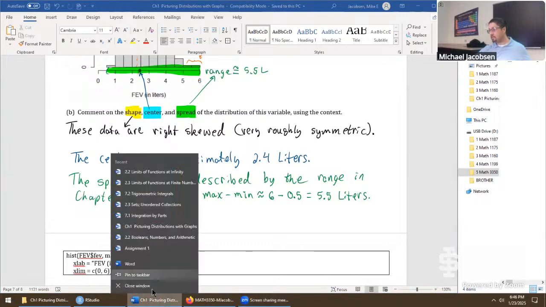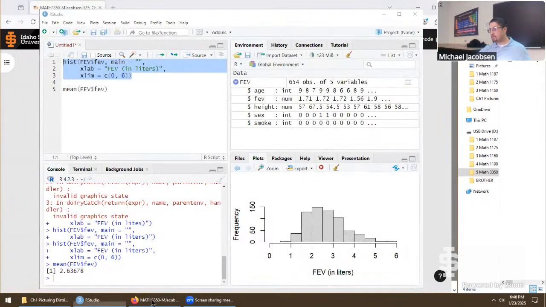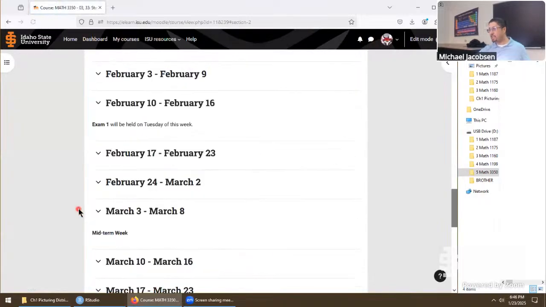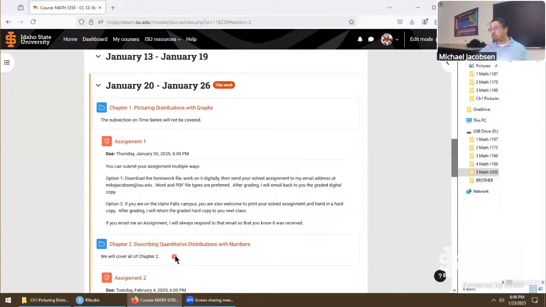So back to the Moodle website, just to pause for a moment and reconvene. We're now in chapter 2. Here we'll describe quantitative distributions with numbers. We're going to go from chapter 2 into chapter 11, working with a normal distribution when we come back next